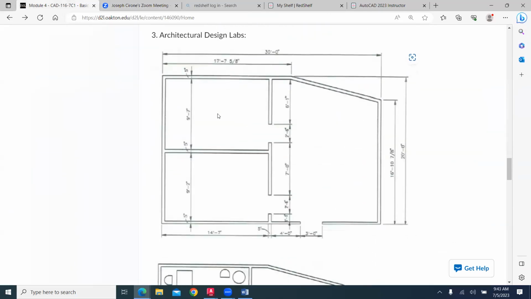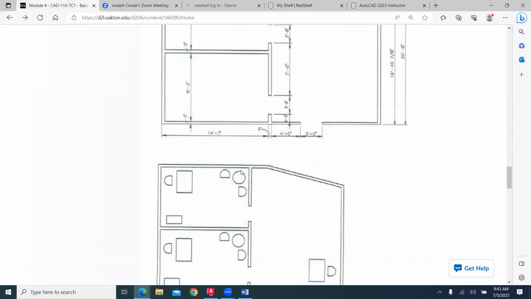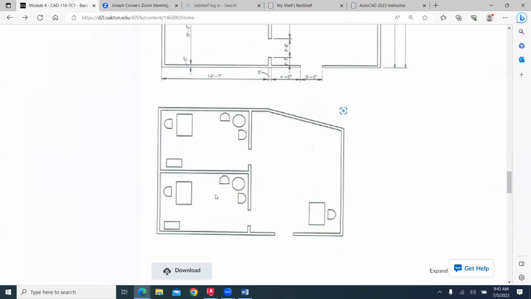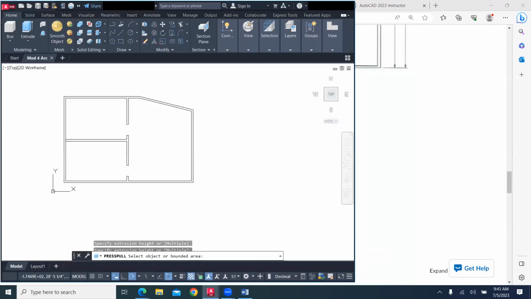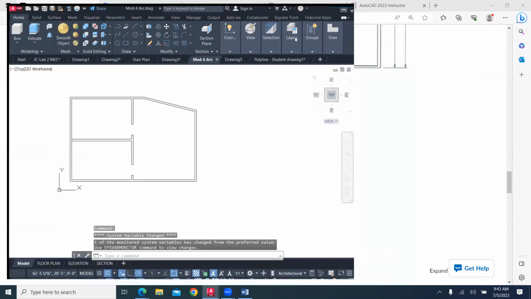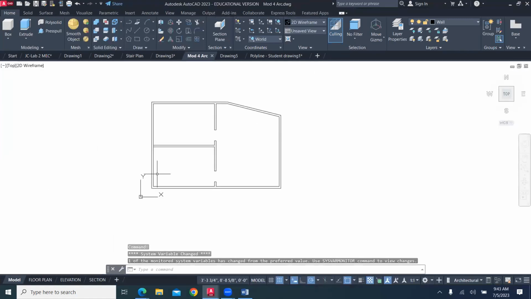Bonus exercise, architectural design lab is set up. And the architectural drawings, we get a number of students that will want to just work exclusively with architectural. And what we want to do with the architectural drawing is to create this floor plan on the floor plan layer, and then these furniture block symbols. And so as we work with this, we'll work with the title block, a B-size title block, and then we'll create the geometry for that,